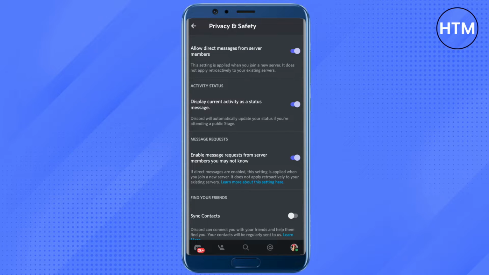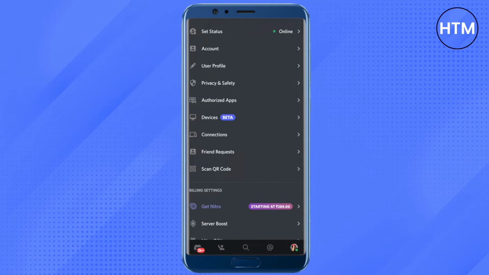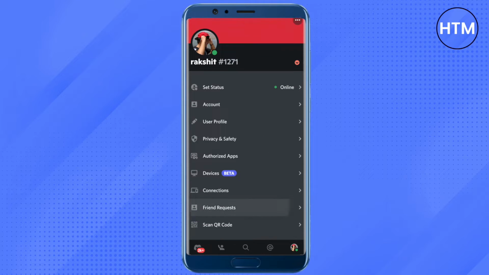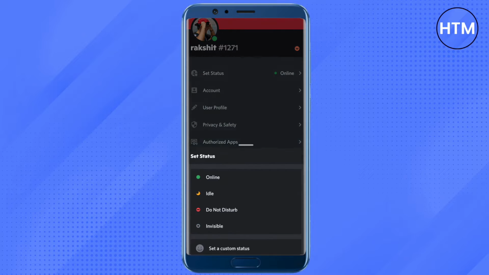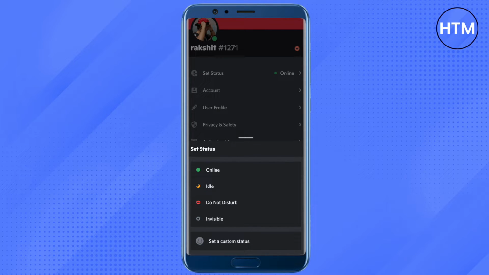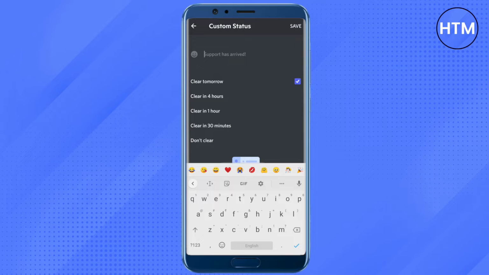But the thing is, Discord doesn't have that much of a capability on the mobile yet to show exactly what games you are playing right now. So we will use a different method to show our status of any game. So get back to your settings, and here in this option of set status, just click on it. And here you will see this option of set a custom status. Just click on it, and then click on this option of support has arrived, and just type in the name